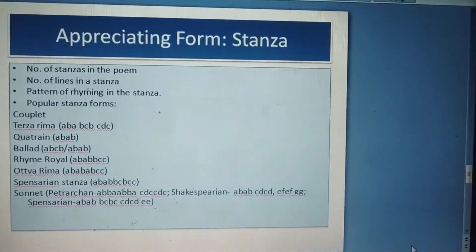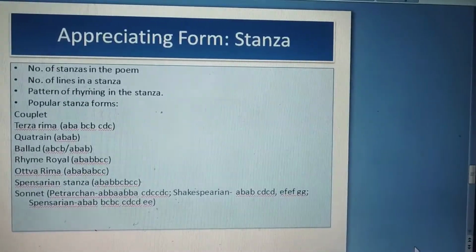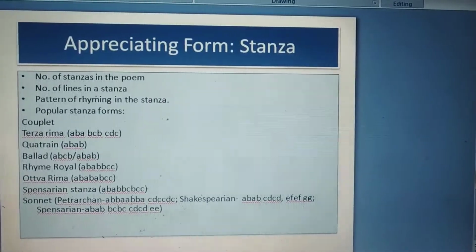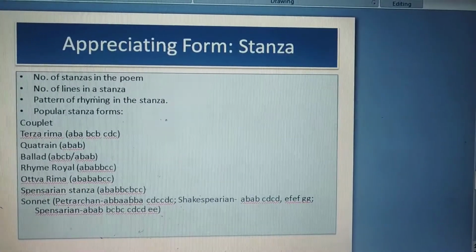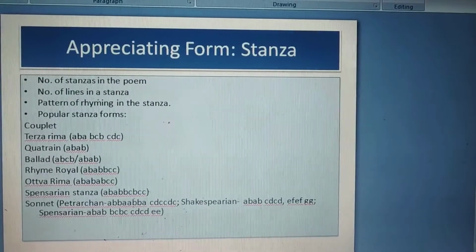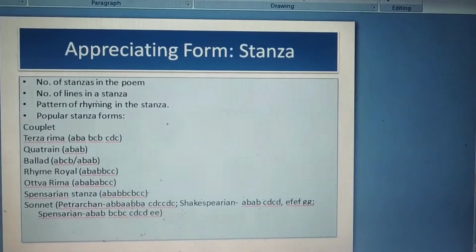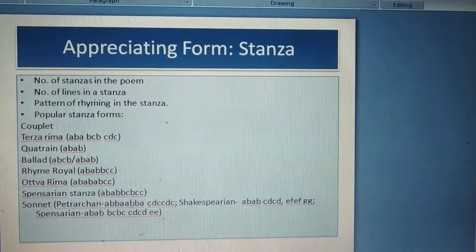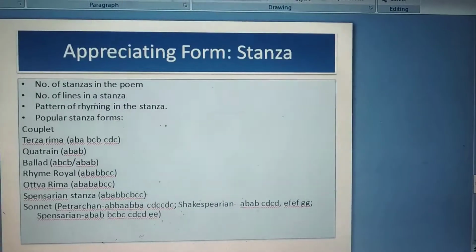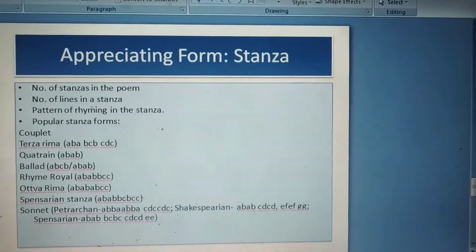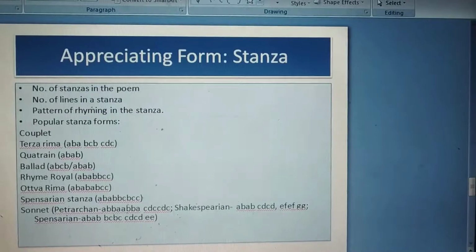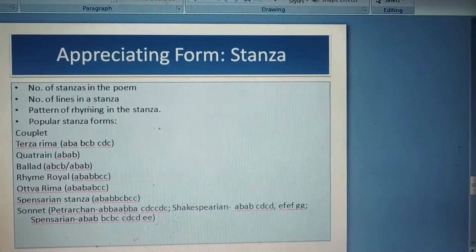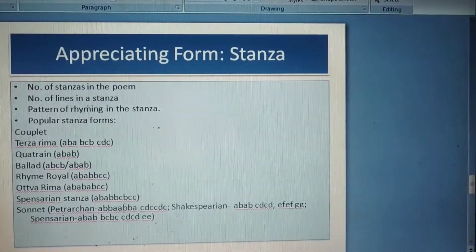Some of the popular stanza forms are couplet, where the first line rhymes with the second line. Then we have terza rima, where we have two triplets and triplicate rhyming, ABA, BCB and CDC. Then we have quatrain rhyming ABAB, and we have ballad form ABCB or ABAB. Then we have rhyme royal ABA